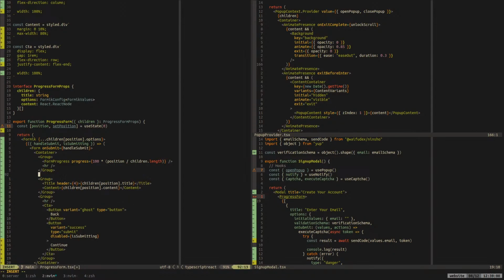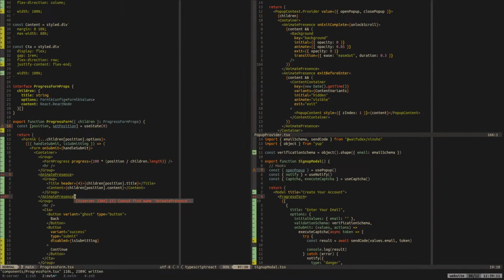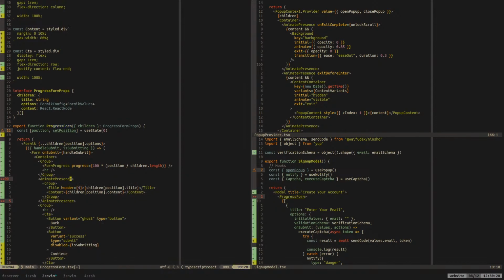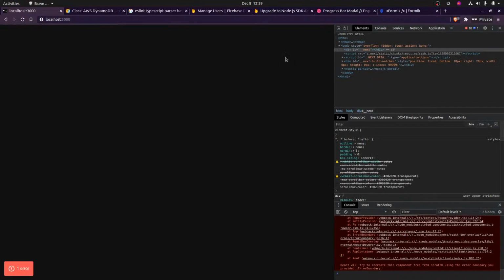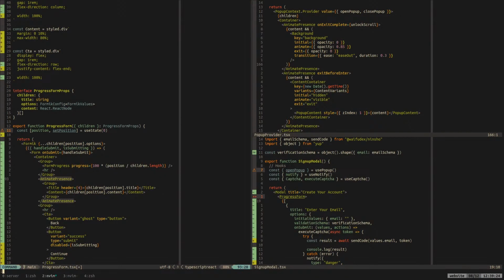So we would do animate presence like that, and then we would move it here. Animate presence means that as a thing gets deleted, it can animate out, and it's very nice. Like I can show you a very nice thing. Oh, sorry, there's bugs.